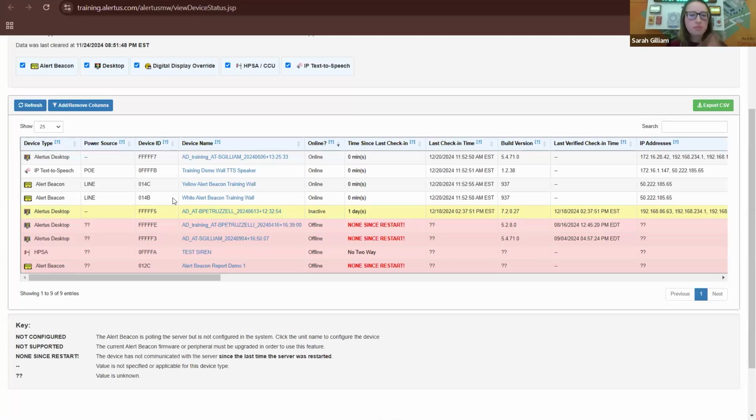Checking in with the server should be able to get those alerts, no problem. Anything that is in yellow is inactive. So for your desktops, they'll become inactive if they haven't checked in, and I believe 3 minutes or longer. So that could be an early sign something might be going wrong with that device. And then any of these devices in red are completely offline, so they would not be able to receive those